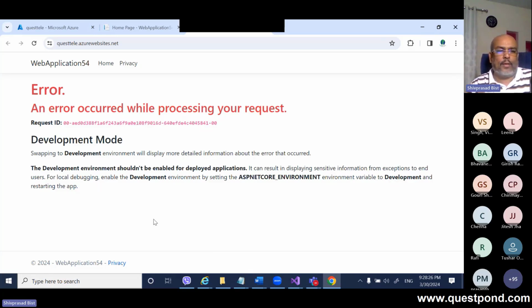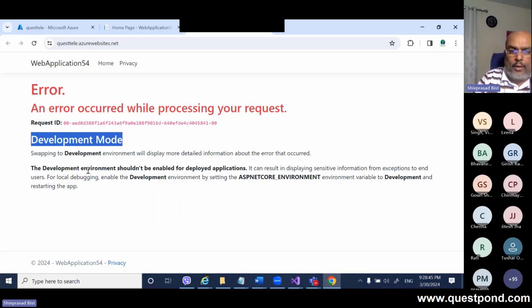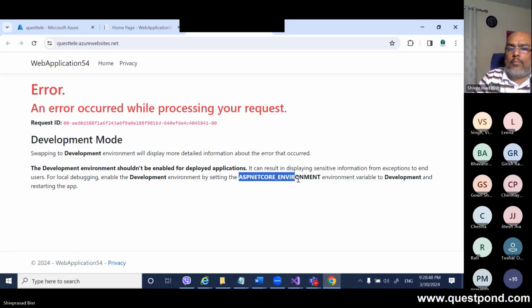You can see now what he's saying here. He's saying that an error occurred while processing request. Now, by default ASP.NET Core or in app service, they don't reveal the code information, right? And even ASP.NET by default runs in production mode. So because he's running in production mode, he's saying I can't do anything, right? So he's saying go and change this ASP.NET Core environment to development, and I will show you this error,